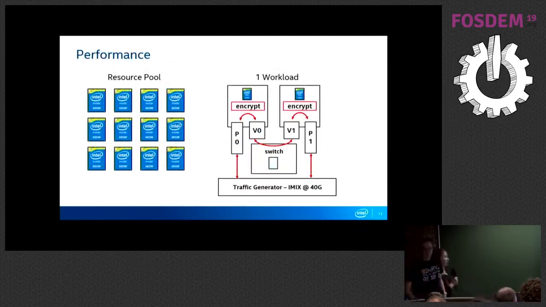Okay, so how does our solution perform? So for our benchmarks, we took a fixed resource pool of 12 cores and a fixed workload. And at a very high level, we try and run as many of these workloads on our 12 cores as we can. So looking at the workload in a little bit more detail, we've got 2 applications. Each are using 1 core to encrypt and forward packets between pairs of physical and virtual interfaces. And then the part that we're particularly interested in is that we switch packets east-west between our 2 virtual interfaces